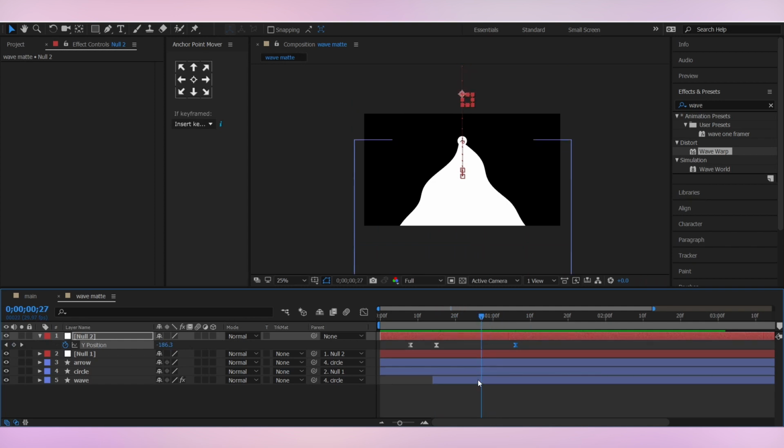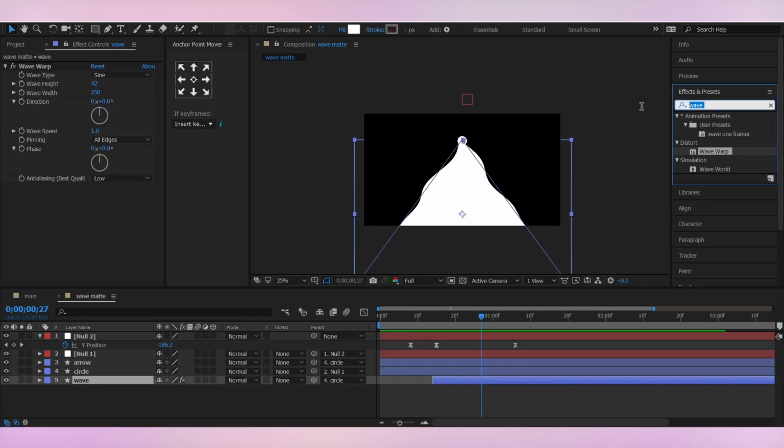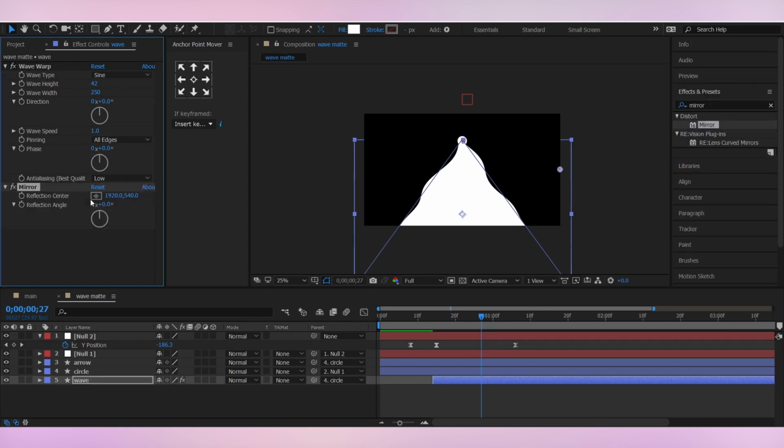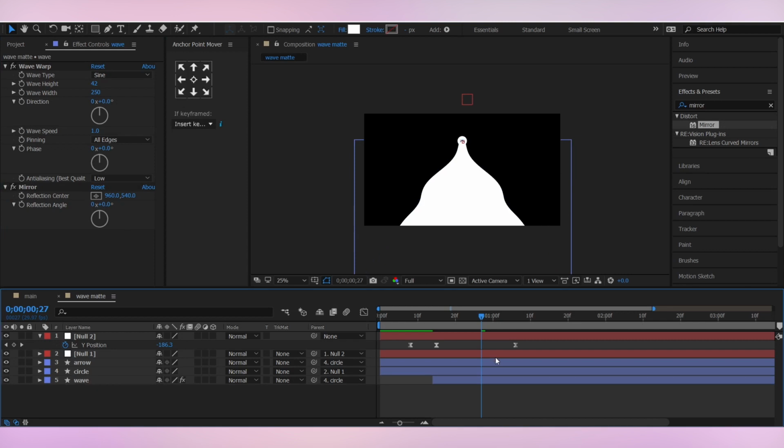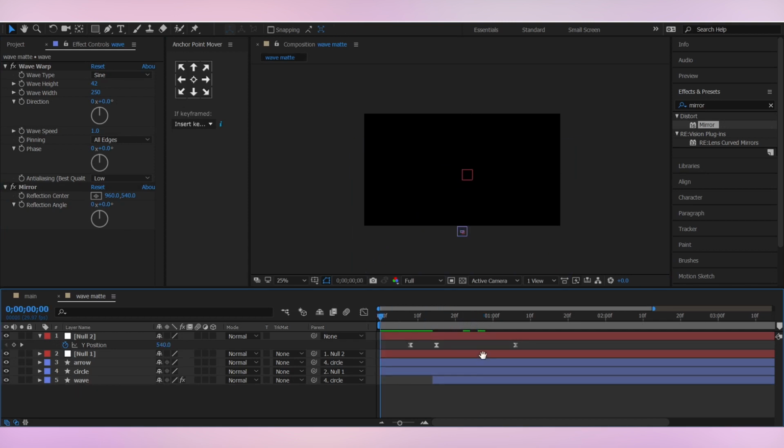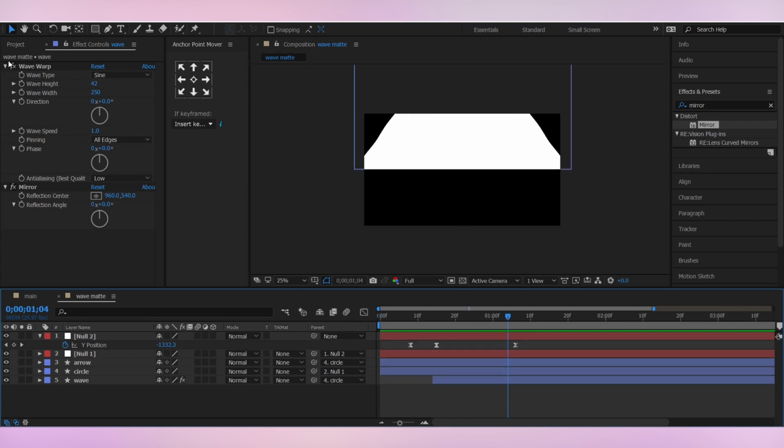So for the next step, I'm gonna add another effect called mirror, and bring it to the middle by dividing this length by 2. Cool. Awesome. Then the last step,